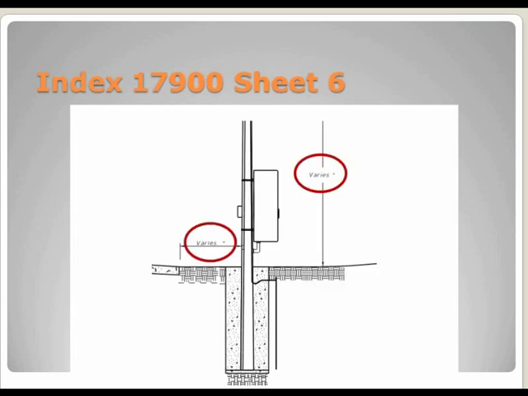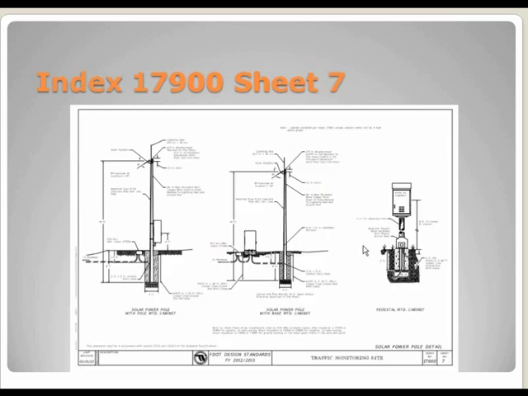they updated the offsets. It used to say 15-foot minimum, now it's just varies, and also the unit mounting height changed from being 16 to 23 feet to varies. So it gives you guys a lot more flexibility in where you put those cameras. On Sheet 7,